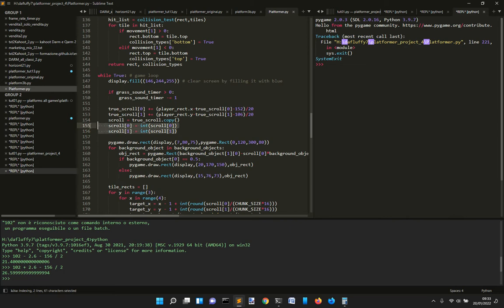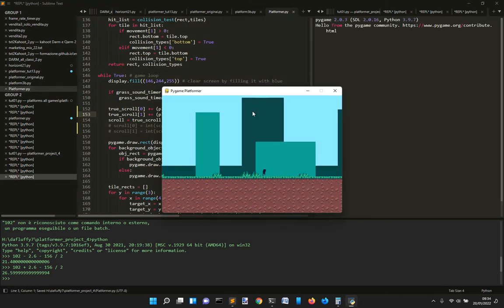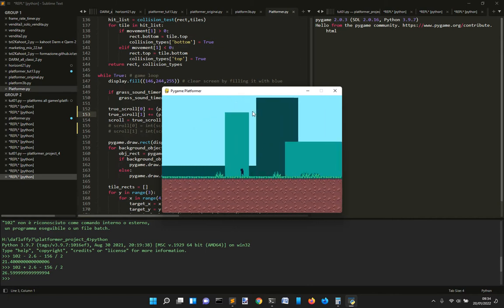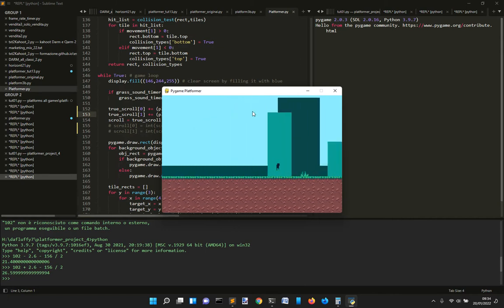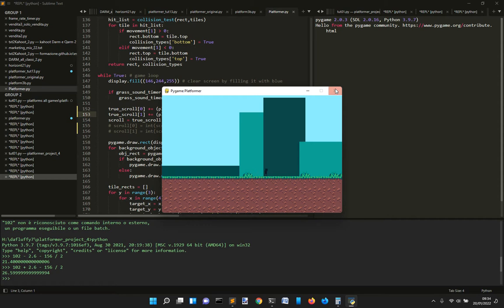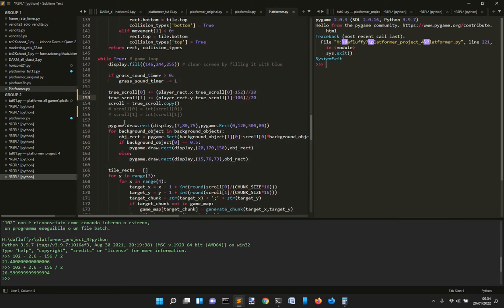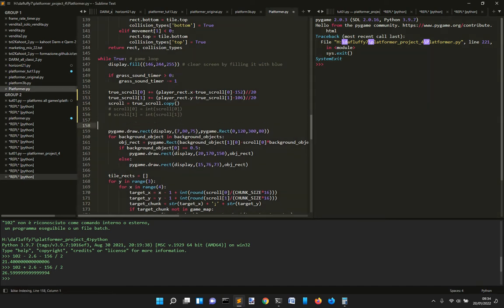So maybe we could avoid doing this. Yeah, maybe that's the same, maybe. And okay, then we will pygame.draw.rect display 780. This is the fastest,